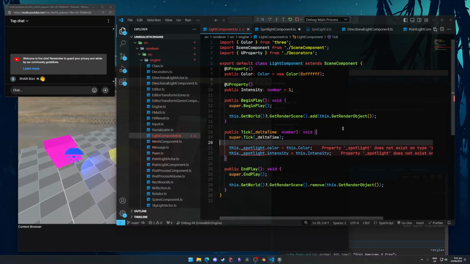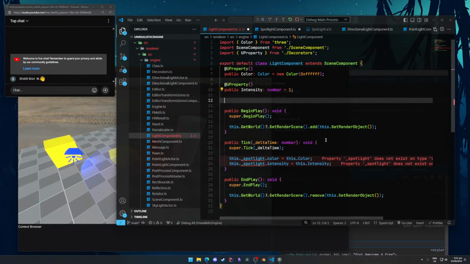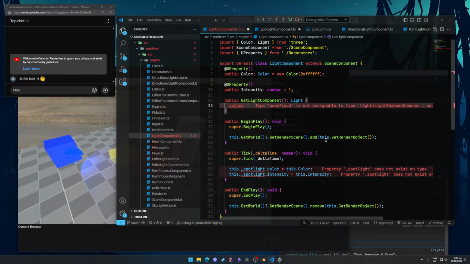And yeah, we do just tick for now. Let's make another helper method then. I'll do public getLightComponent, and that can return Light. I guess it's through Light, yeah, and that can return